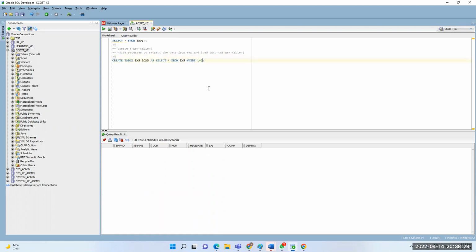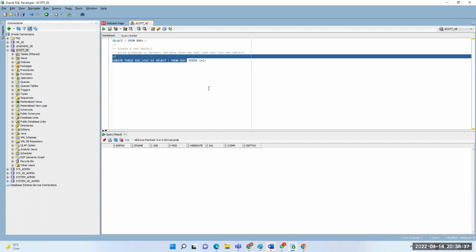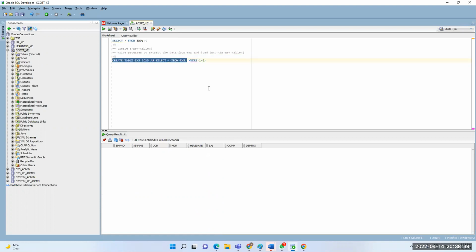If I comment this part and execute this command till here, it will load the data completely and create a new table with the employee table data. To avoid this, I am creating it now. See here, the table is created.